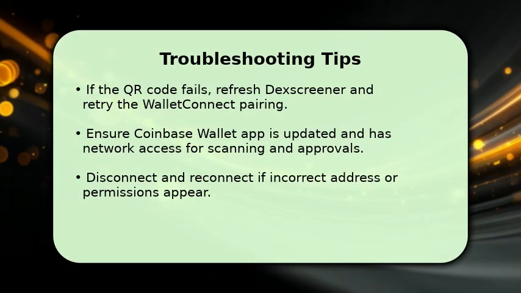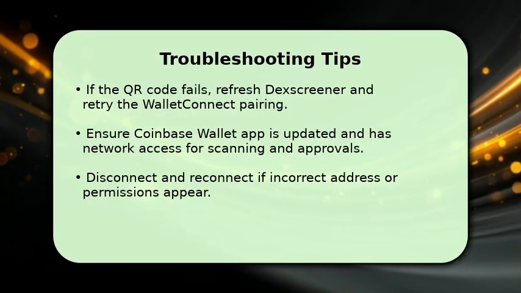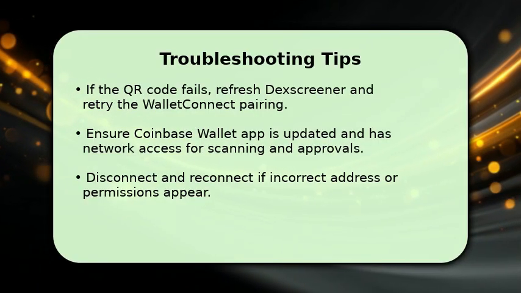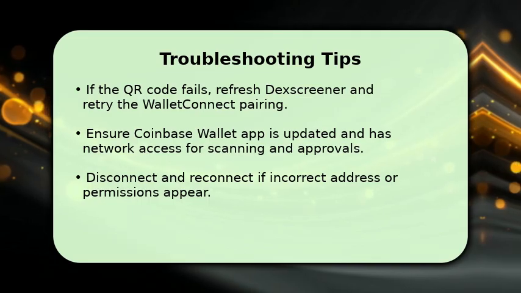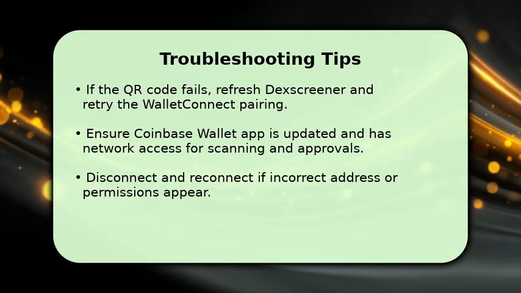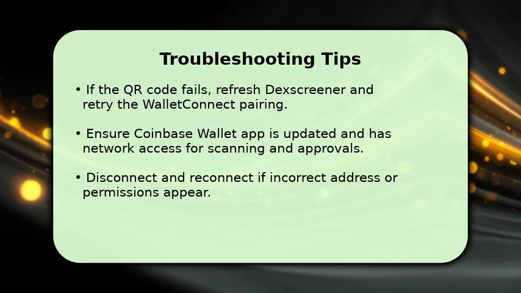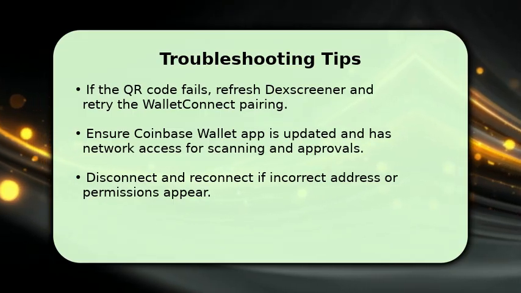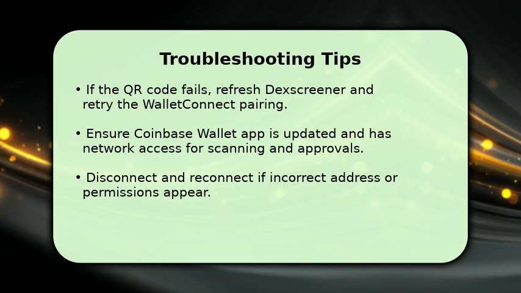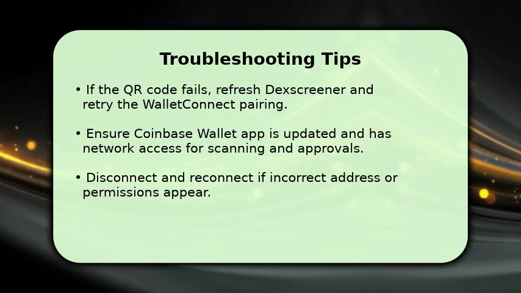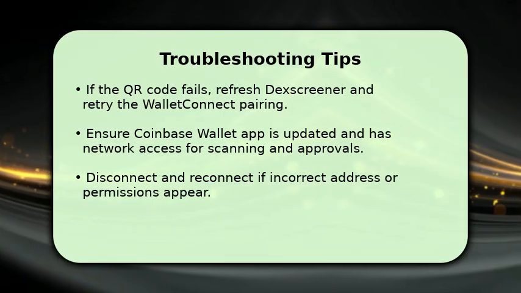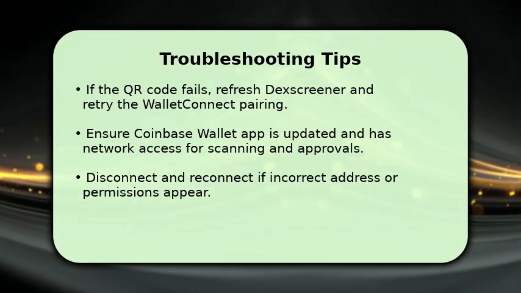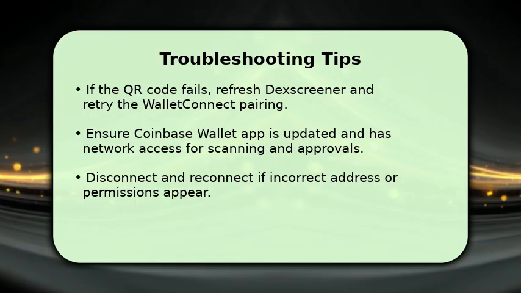If you run into issues, start by refreshing the DeXScreener page and regenerating the Wallet Connect QR code. Confirm the Coinbase Wallet app is up to date and has camera and network permissions enabled for scanning and approving. For stubborn errors, disconnect the session in both DeXScreener and Coinbase Wallet, then repeat the pairing process. I'll also cover how to verify the connected address and revoke permissions for peace of mind while trading or tracking